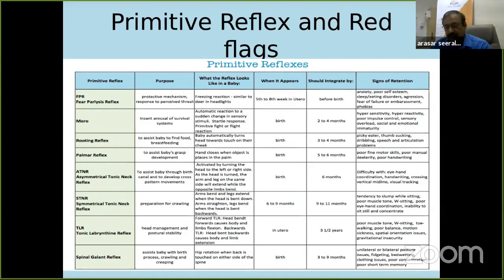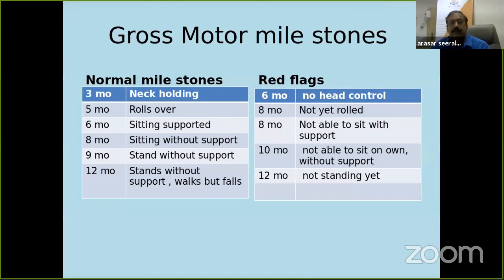So one needs to examine babies for reflexes also, because these are early clues before babies start showing other gross motor milestones. So now we go to the gross motor milestones. We had reflexes in the early days. Now we have gross motor milestones as the child is growing. And you could see the normal milestones that should happen at appropriate intervals, and probably when to call them